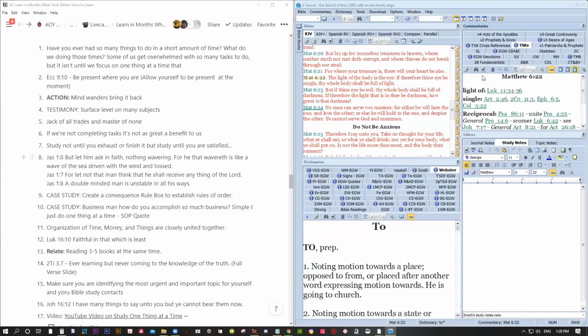And then verse 24 is talking about you cannot serve two masters. And I really think that this verse could be used in this context because it's really talking about focus. It is talking about focus. Now, here's my question. Go ahead. I don't doubt that it could be used. My question is,